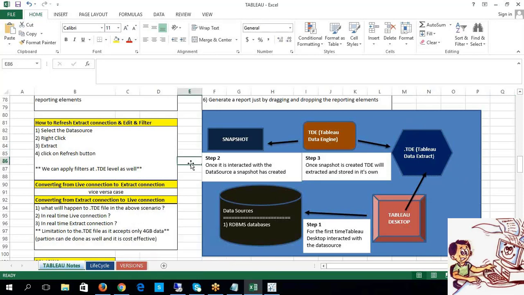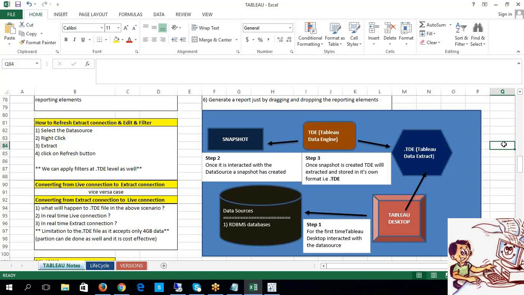Guys, have you understood the concept of data extract? Every one of you. Are we clear with this concept? If not, please let me know right away. I can explain it to you one more time. I'm fine with that, but this is very, very important. So that is the reason. Every one of you, are we good with this? Okay, now.